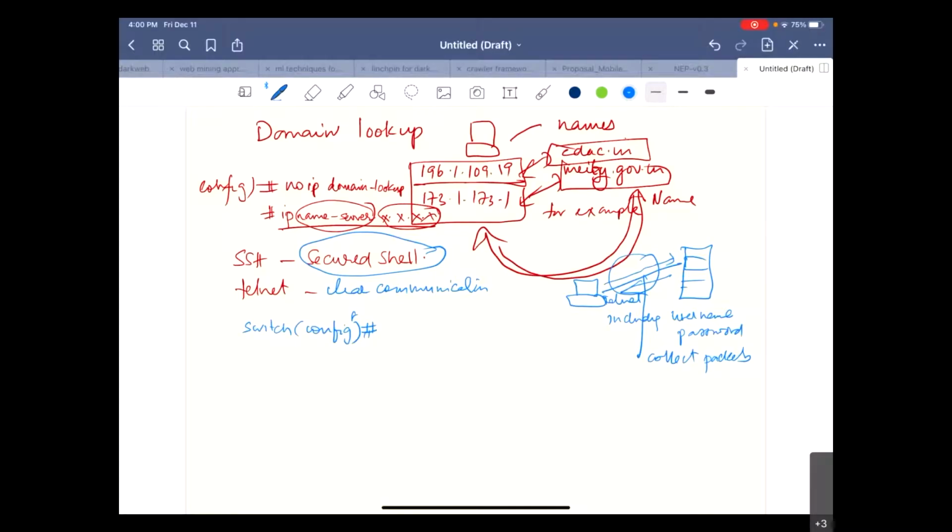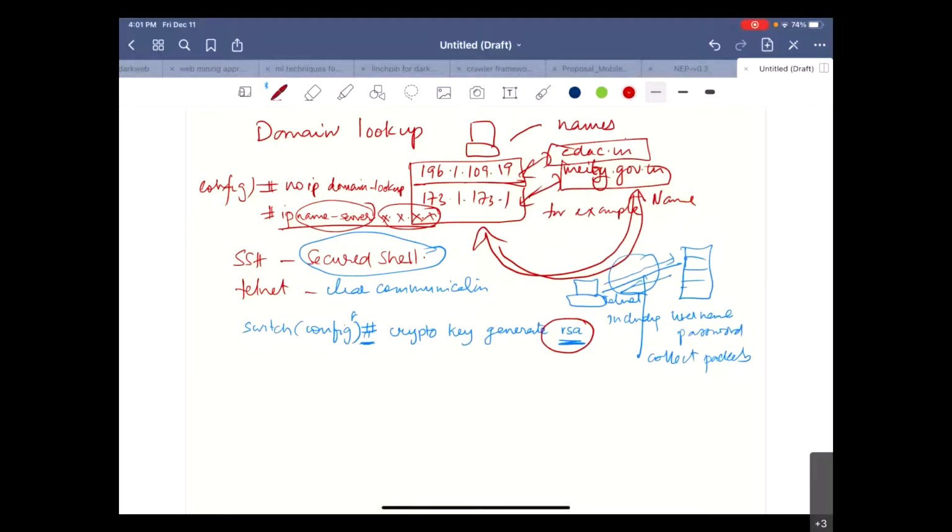You simply type crypto key generate rsa. RSA is an algorithm; please search for the RSA algorithm on Google and you will understand it. So these RSA keys will be created.